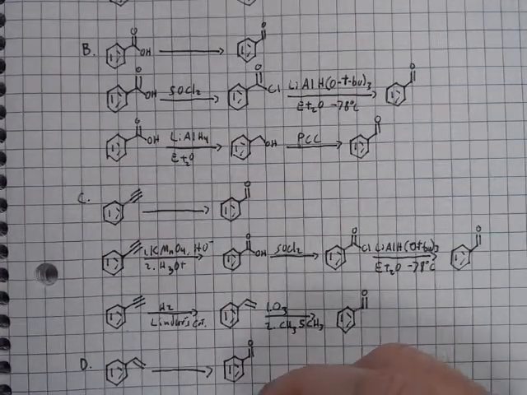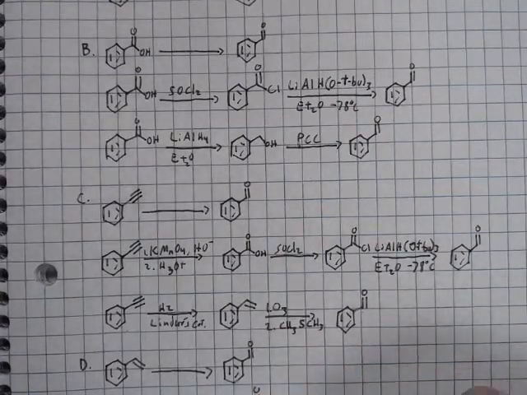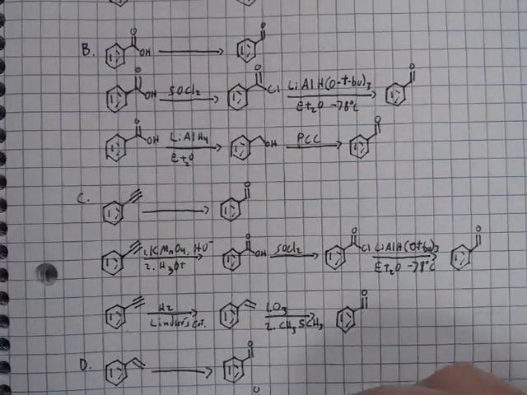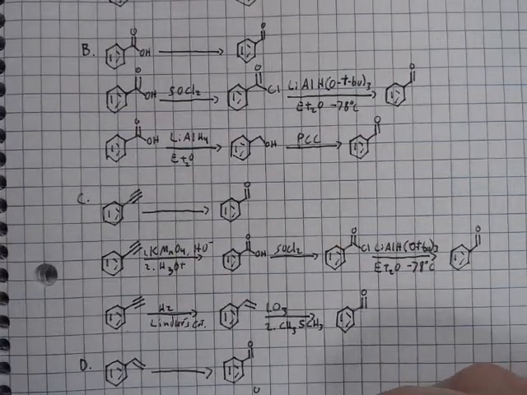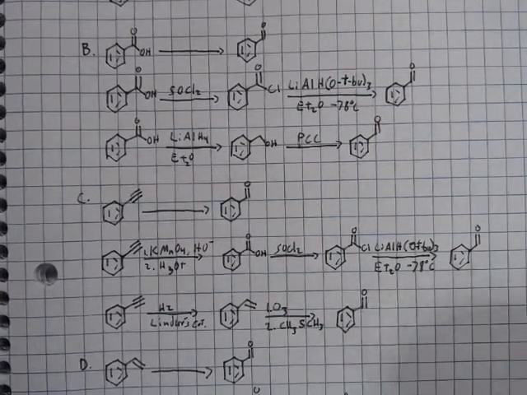Convert that double bond to the carboxylic acid. Then once we have the carboxylic acid, react that with thionyl chloride to produce the acyl chloride,